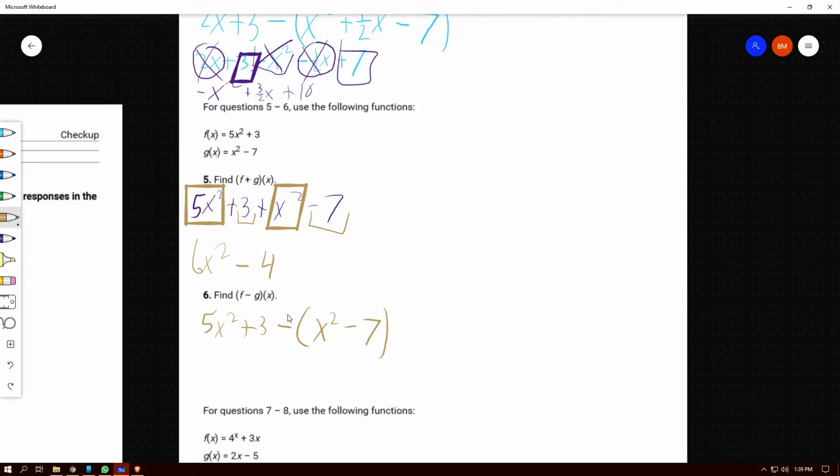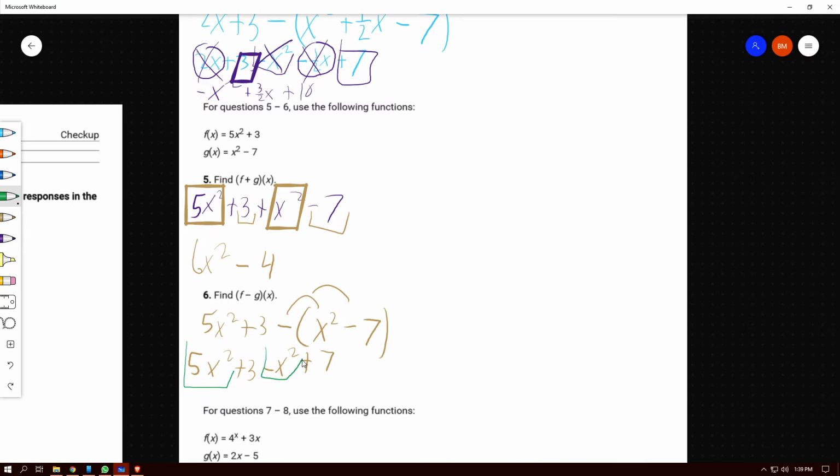That's absolutely correct. We are going to distribute the negative 1. So we have 5x squared plus 3 minus x squared plus 7. Negative 1 times a positive x squared is negative x squared. Negative 1 times a negative 7 is a positive 7. Then I'm going to combine my